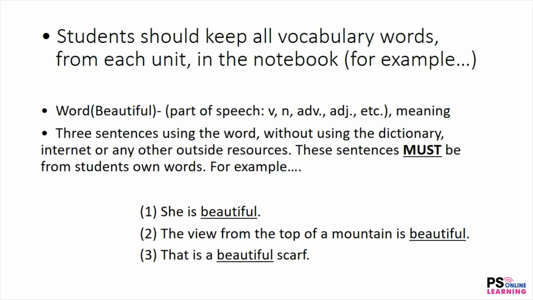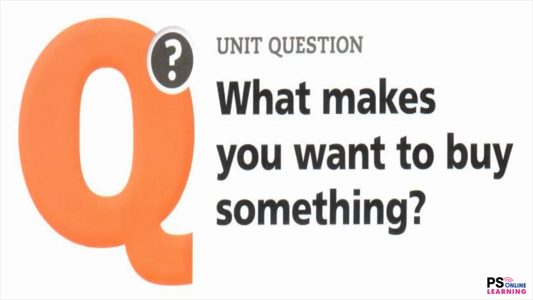So moving on. In Unit 2, we're going to talk about this when we see each other again. But quickly to review it, the unit question is: what makes you want to buy something? When you come and see me, or when we see each other in person, I'd like you to have this question answered in your notebook after your vocabulary is finished. You have a week to do it. And it's just a paragraph. That's it, 1 paragraph.